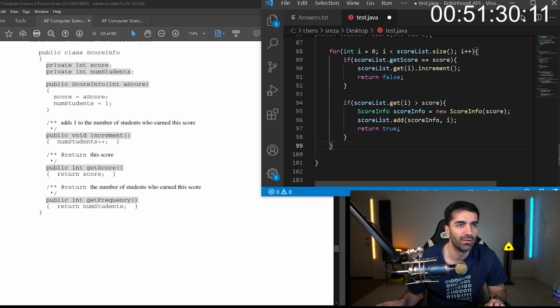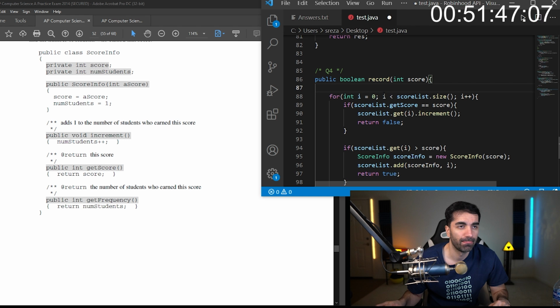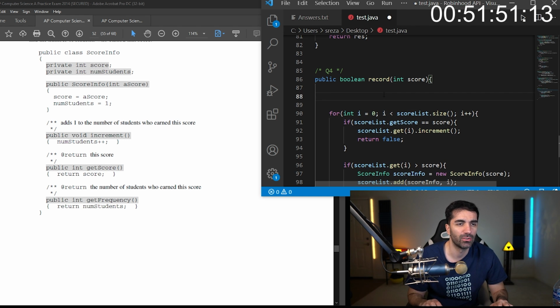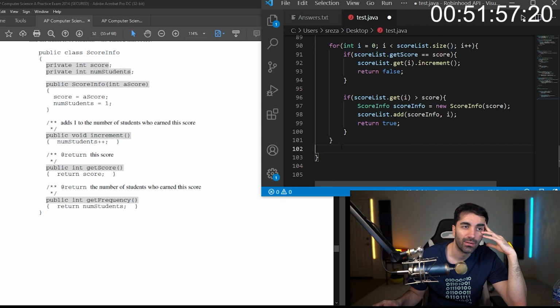Well, I guess okay, so if there aren't any records in it, then we might be in trouble. We might need like a special case. Like if the list is empty, then it will never go in this for loop and it will never insert.